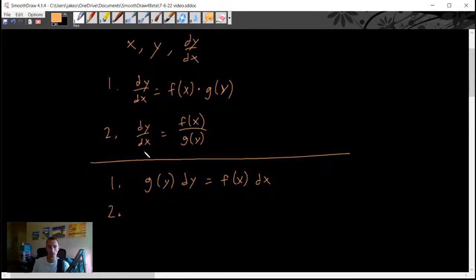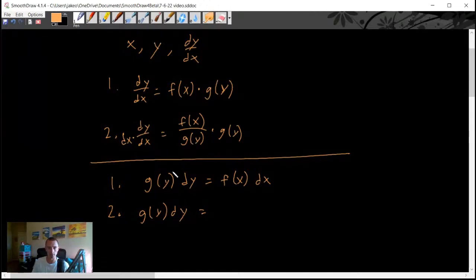If we had it in this form, similarly, we would be able to multiply by g of y to move that over to the left side, multiply by dx to be able to move that over to the right side, of course, whatever you do to one side, you do to the other side as well. So we would multiply our g of y to the left side, giving us g of y dy equals,